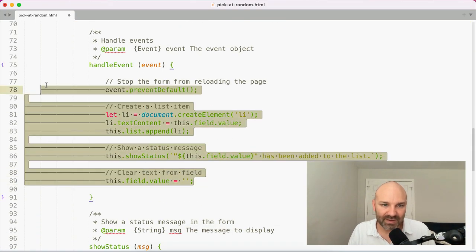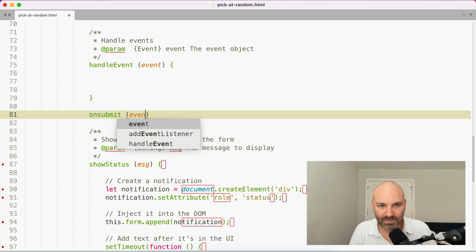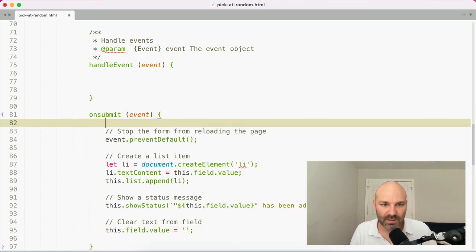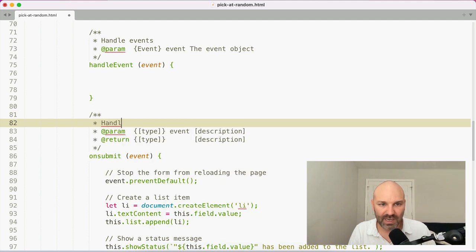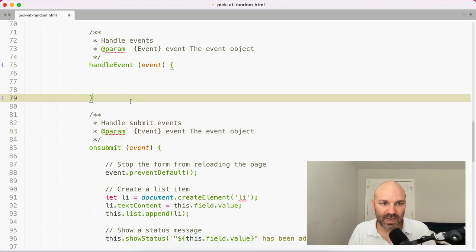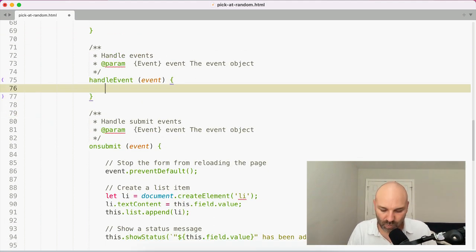So I'm going to take everything that's in here and move this into on submit. So we'll do this. And then we can say handle submit events. Copy that over. And in here, we are going to say this